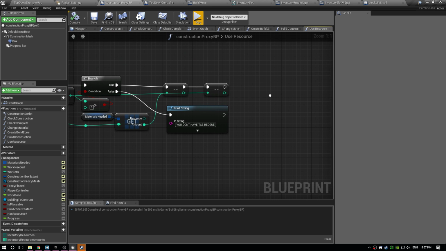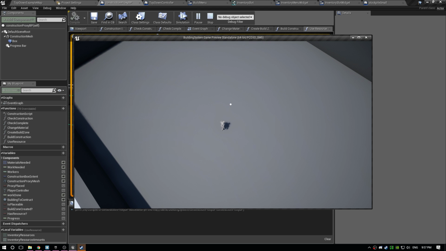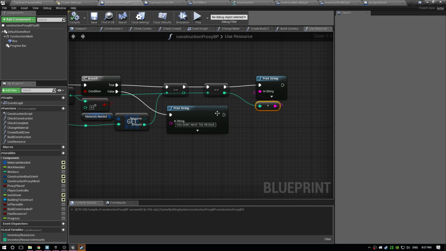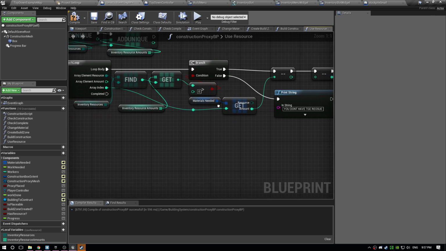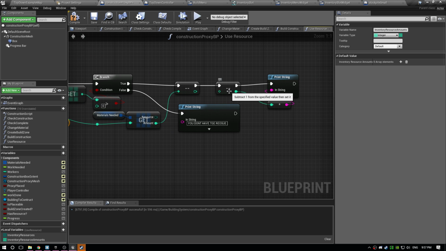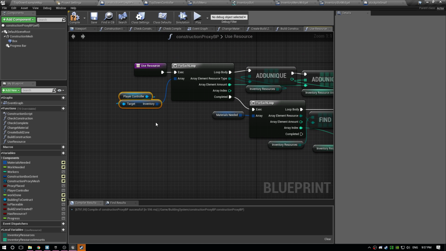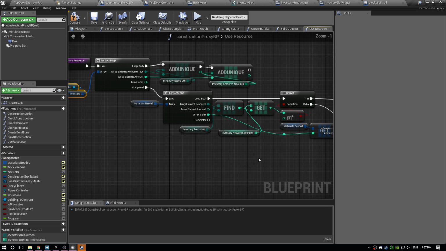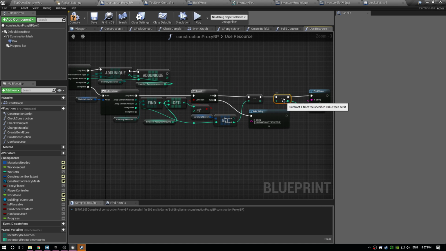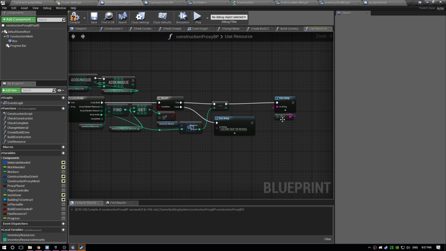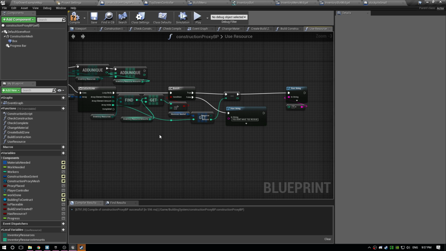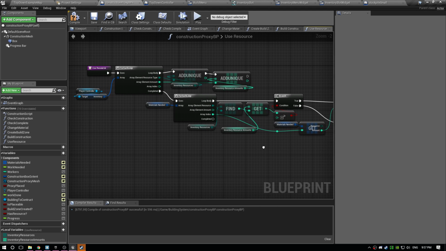I guess print a string of what we have. I guess I could just also check. Oh, no, because we don't need to do that. It's not this resource amounts we need to remove. We need to now grab our inventory and we need to minus the thing from our inventory. So what we want to do is basically find